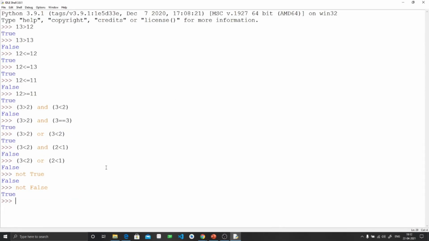So if I type NOT, then an expression that will return false as the output, like this one, 3 less than 2. 3 less than 2 will return false. So the output should come true. As you can see, it just negates the output that is received here.